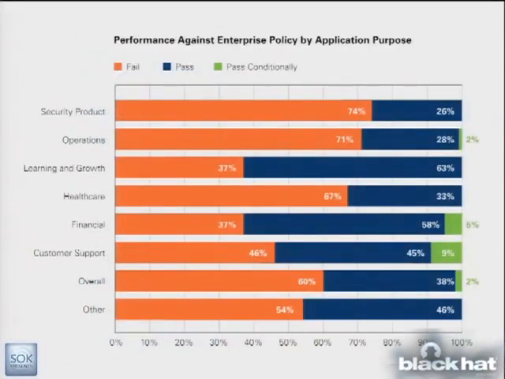Then we allowed the companies to set an enterprise policy. So we didn't use OWASP Top 10 here or SANS CWE Top 25. The companies set a policy, and it could have been a policy like that, but it was whatever their policy was, whatever they deemed was acceptable. They chose the policy, and this data is based on what they chose. And it turns out that the